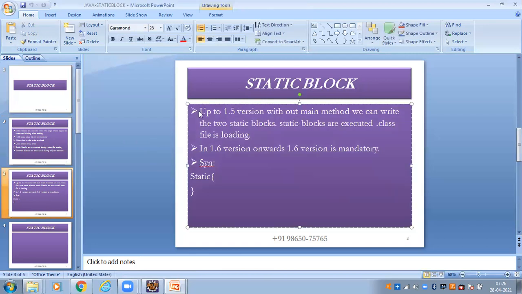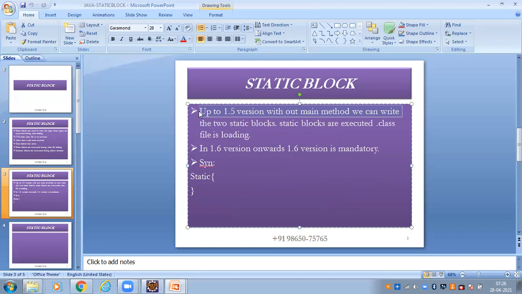Up to version 1.5, the main method is not necessary to execute the program. Before 1.5, the main method is not necessary; we could execute the program by using the static block.